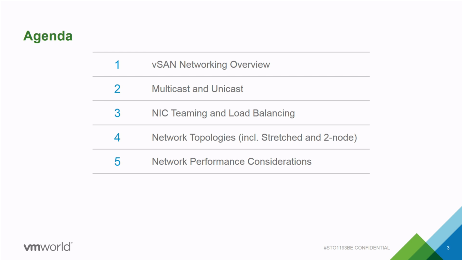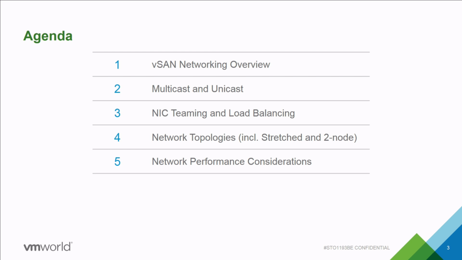Now, for the longest time, we've had multicast as a requirement on vSAN networking. We dropped that requirement in the vSAN 6.6 release. So now everything is talking unicast, but there are some considerations obviously around that. We'll cover those. I'm then going to do a generic overview of the different NIC teaming options and load balancing